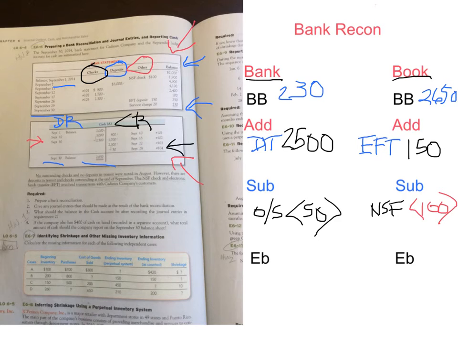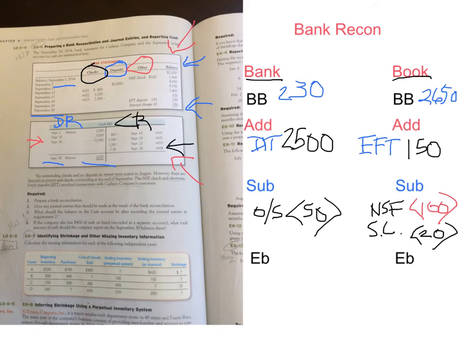The next thing that we want to do is go down that list and look at the service charge. The service charge is what the bank's going to charge us. I'm going to abbreviate this here. It's what the bank's going to charge us for actually facilitating the transactions on our account. So we'll take off 20 here. Notice that that comes out of our bank account. It comes out of our cash account, and we just didn't record it yet until the bank showed us on the bank statement. So we've looked at all 3 columns of the bank statement,